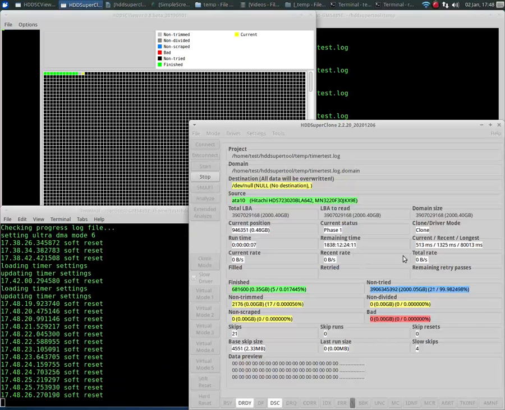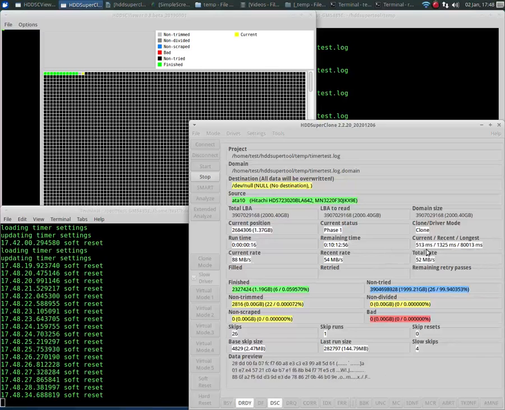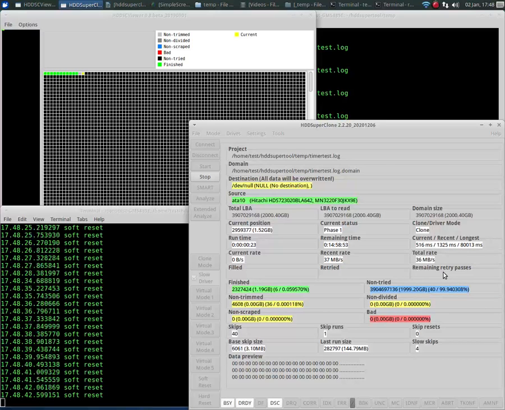Well, it is interesting. It has taken 250 milliseconds to recover from a soft reset. If you could see that, it was about 500 milliseconds there when it was performing the soft resets. It's interesting considering that earlier when we were at 8 seconds, it only took a few milliseconds. But anyway, you see the results. It's reading much faster. It's skipping out of the bad head. You can see the skip numbers go up,